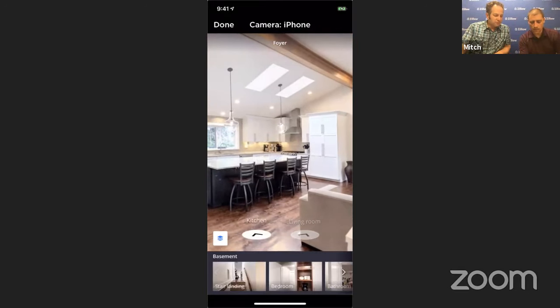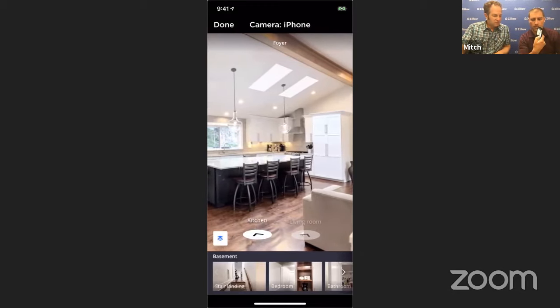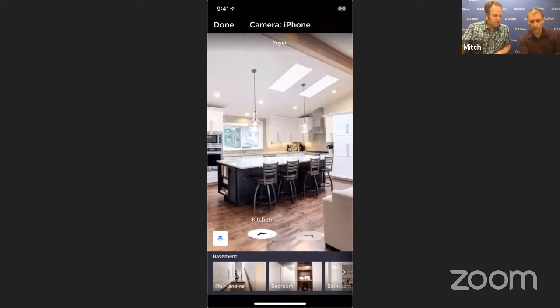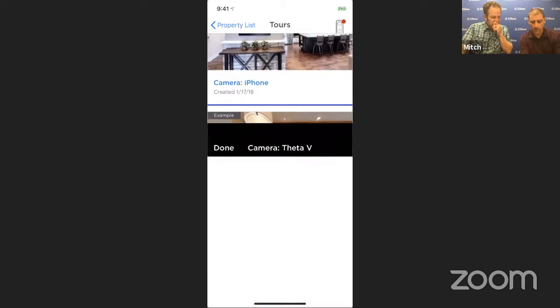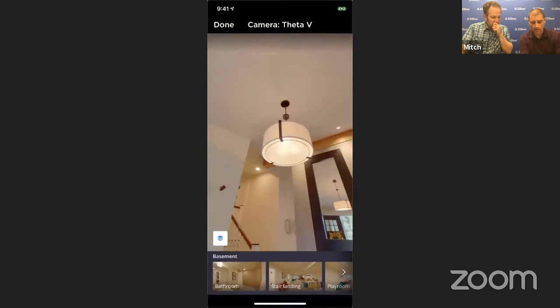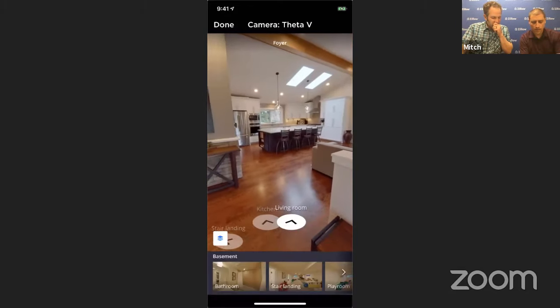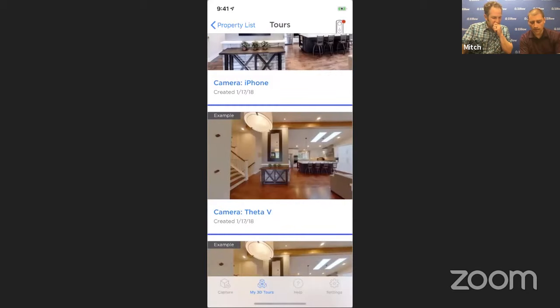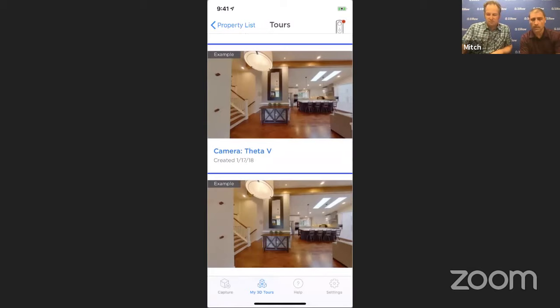You'll still get some really great output, but you can't see what I'm doing, but I'm moving my thumb up and down here. We don't get the full vertical field of view like you would get with the V or the Z1. If I come into that same panorama, you can see I can actually see quite a bit more and move around. So certainly, for photographers, we're expecting photographers are largely going to be shooting with a